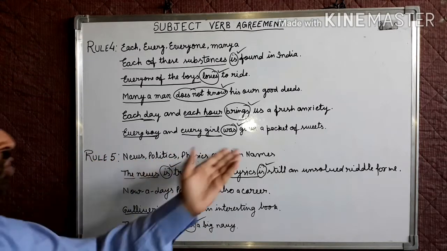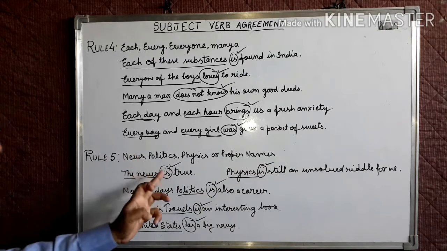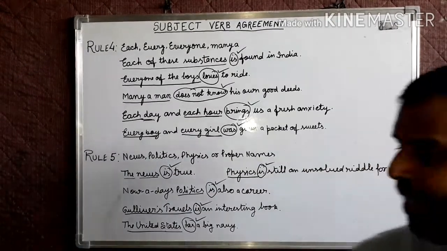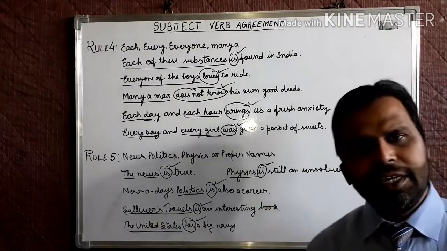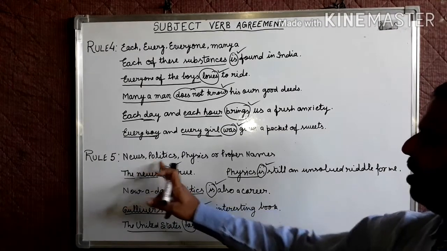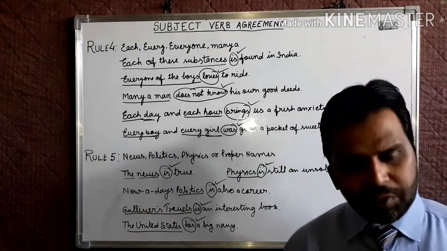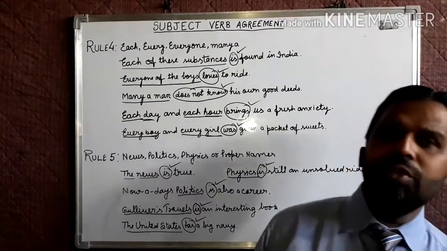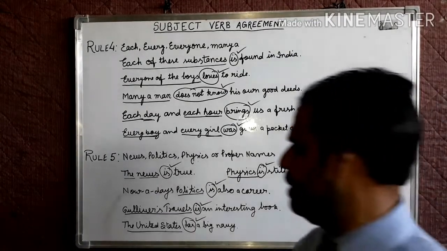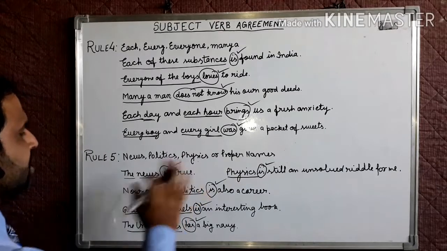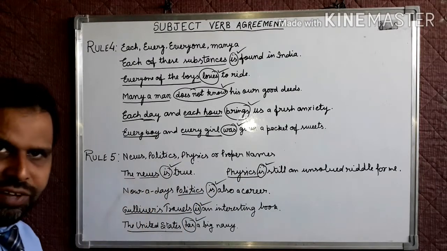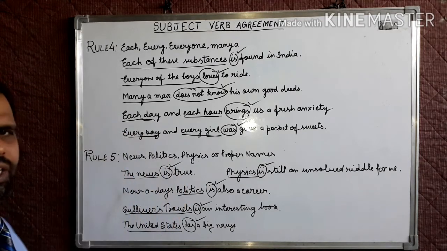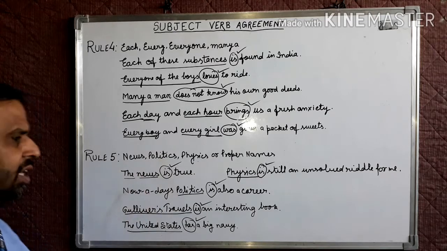सो डियर चिल्ड्रन, ये कुछ वर्ड्स मैंने यहाँ पे लिखे हैं। न्यूज है, पॉलिटिक्स है, फिजिक्स है, और इसके अलावा कुछ प्रॉपर नेम्स भी होते हैं। सारे तो कवर नहीं किए जा सकते, जैसे न्यूज, पॉलिटिक्स, फिजिक्स, इसी तरह से मैथमेटिक्स होता है, कुछ बीमारियों के नाम जैसे मीजल्स वगैरह होता है, प्रॉपर नेम्स जो फॉर्मेशन में प्लूरल होते हैं बट वो सिंगुलर कंसीडर किए जाते हैं। सो आवर फर्स्ट सेंटेंस इज द न्यूज इज ट्रू। न्यूज वर्ड प्लूरल दिखाई देता है फॉर्मेशन में, लेकिन हमेशा ये सिंगुलर कंसीडर किया जाता है। इसीलिए यहाँ पे जो वर्ब आई है, जिस वर्ब ने इसको फॉलो किया है, वो सिंगुलर वर्ब है इज।